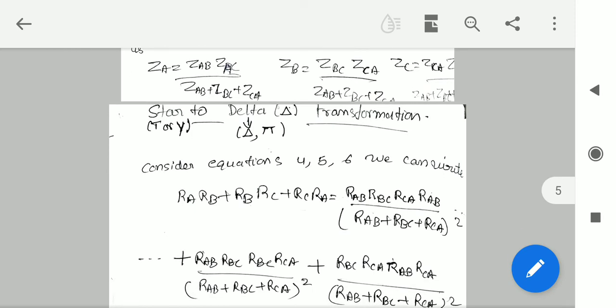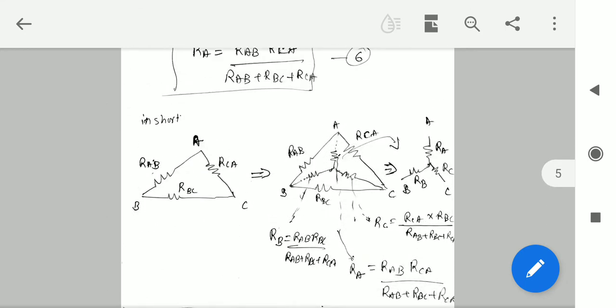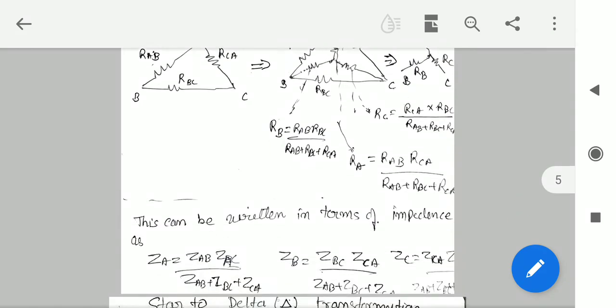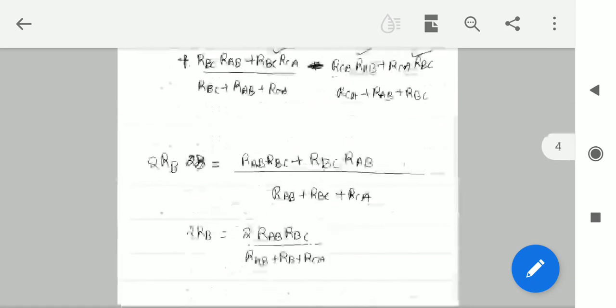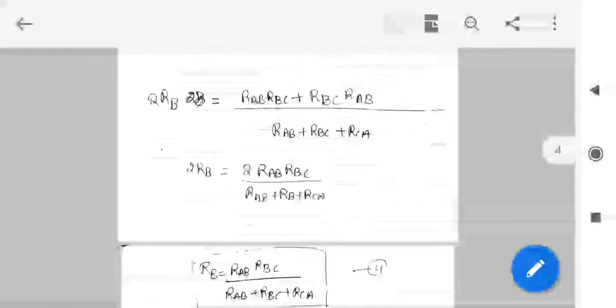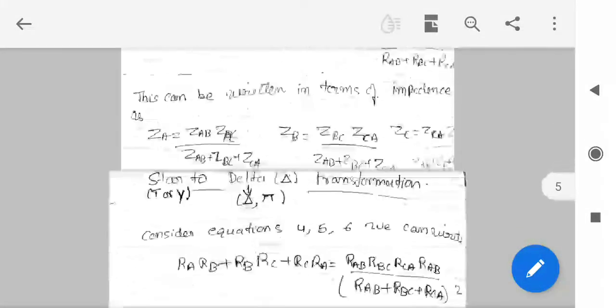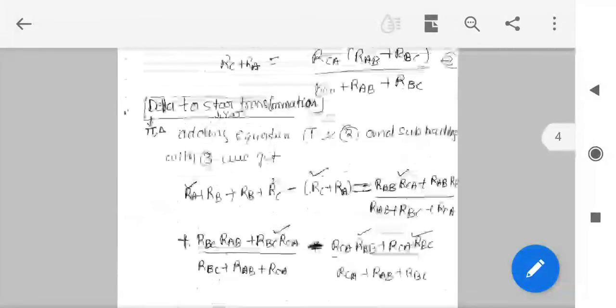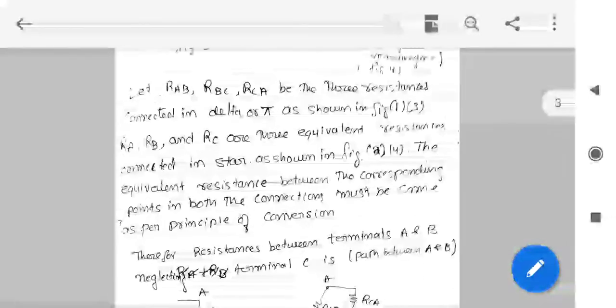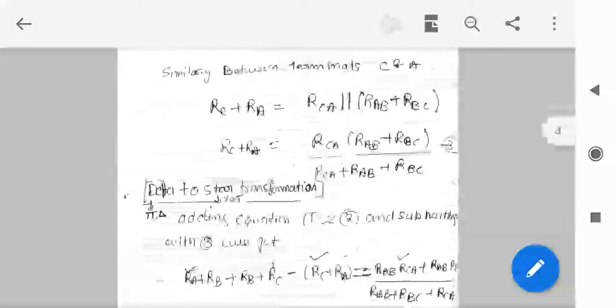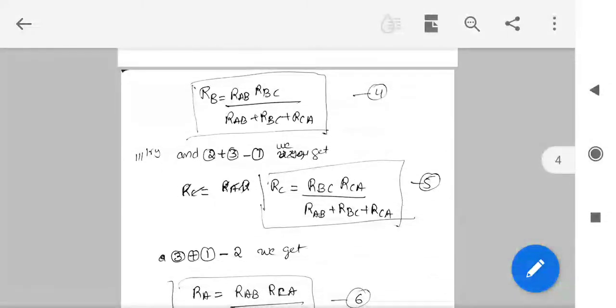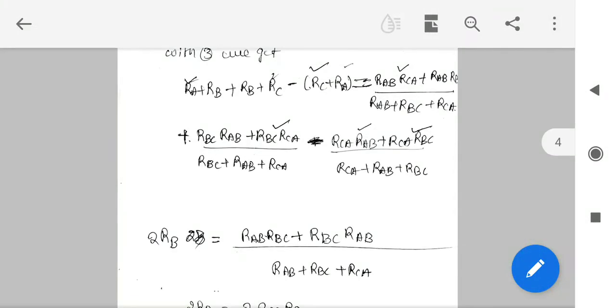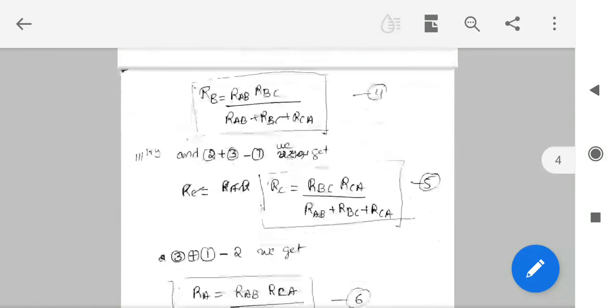So T or Y network into your triangle, that is delta or pi network. In that case, we cannot convert directly, we have to use these formulas, then go for conversion. Here the same steps that we have seen above, we have to write these steps up to where I got the values RA, RB and RC.